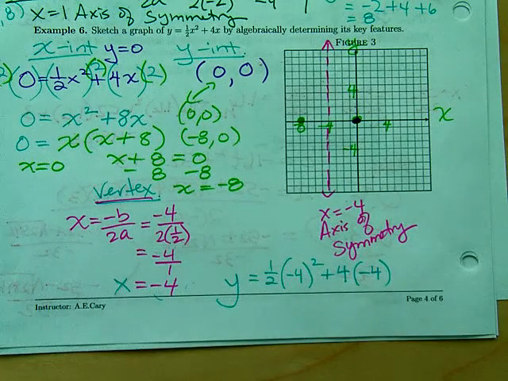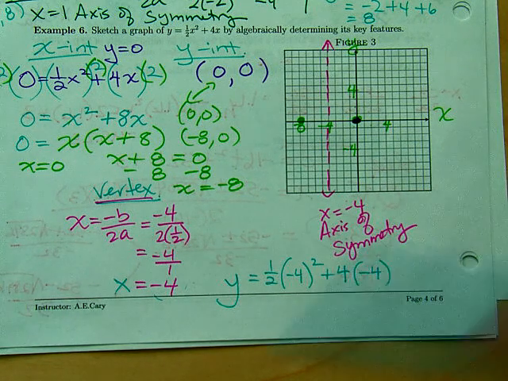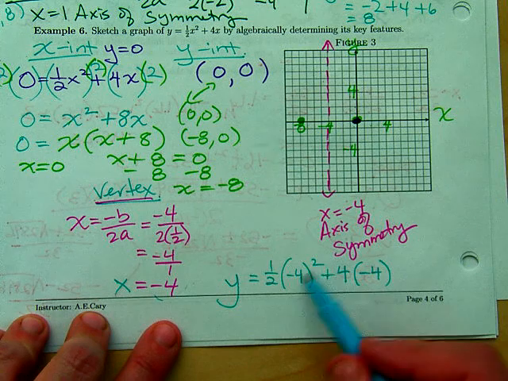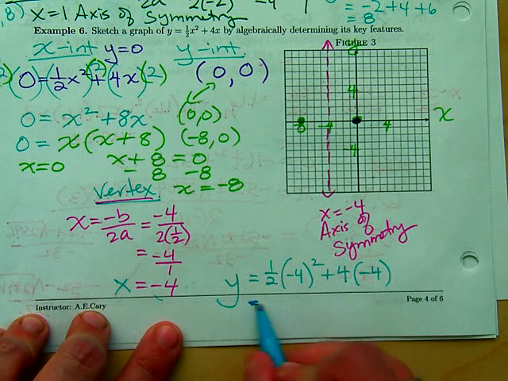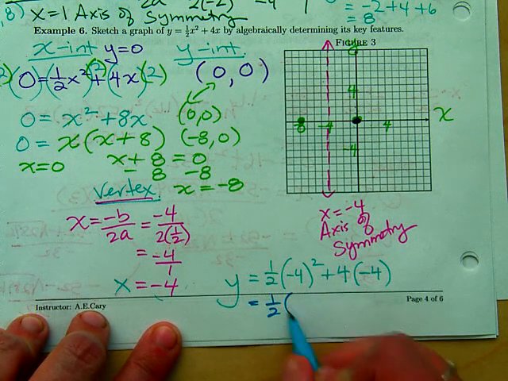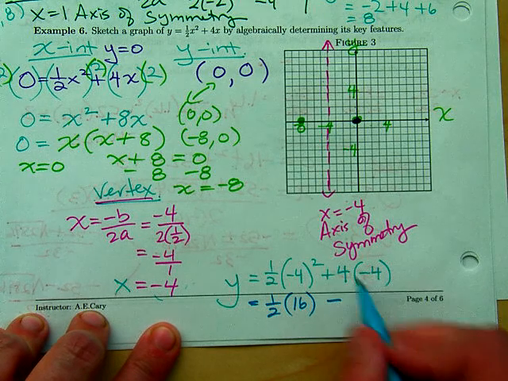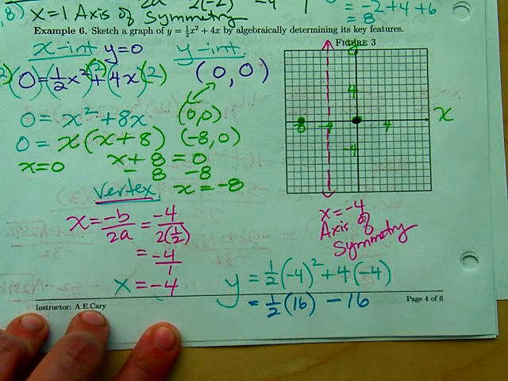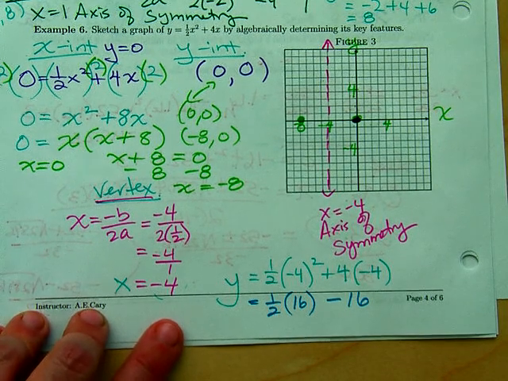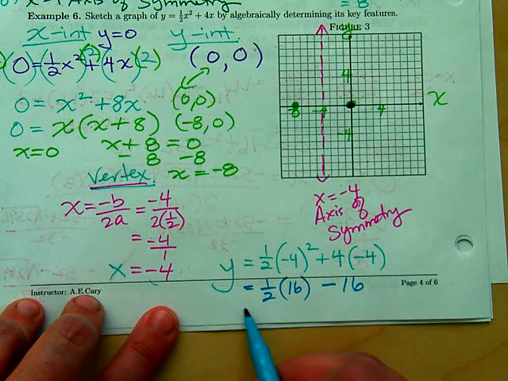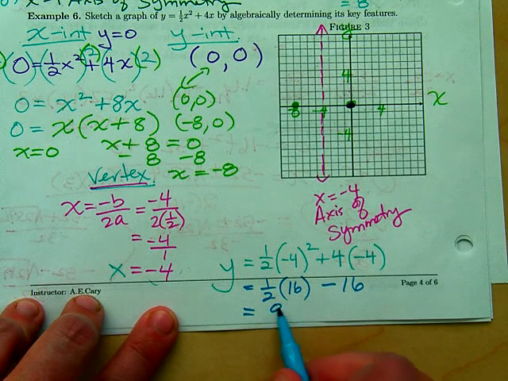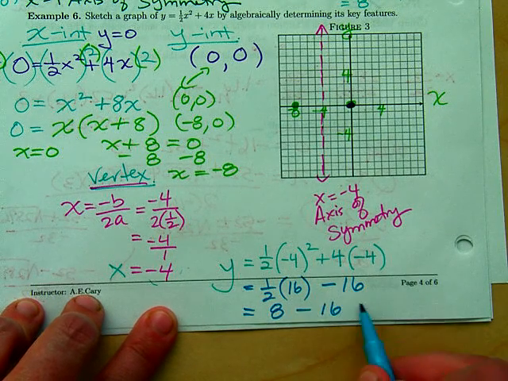Now, of course, you can use your calculator there, but let's just go ahead and do it. I think these numbers aren't too bad. So -4 squared happens first. We do exponents first. So we get 1/2 times 16 minus 16. Do you see where I'm getting minus 16 from? What's half of 16? 8 minus 16 is